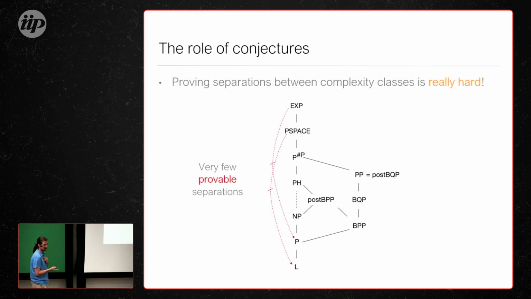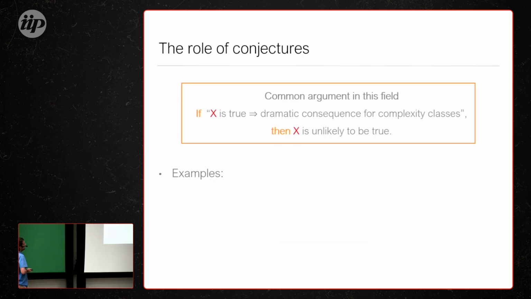And the reason I'm telling you this is because at the end of the day, since you cannot, or at least it's very hard to prove that these things are separate, you ask, well, how do we do science then, right? What do we do? You can't prove that these problems are actually hard. Do we then just do nothing? And the point is, the fact that this is hard gave rise to this type of argument, okay?